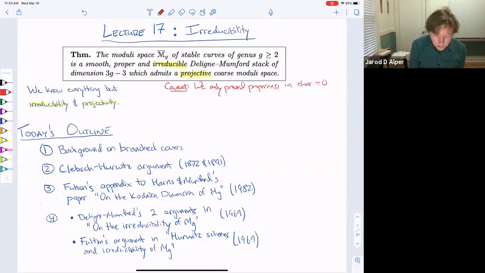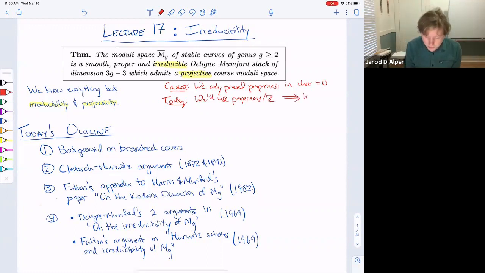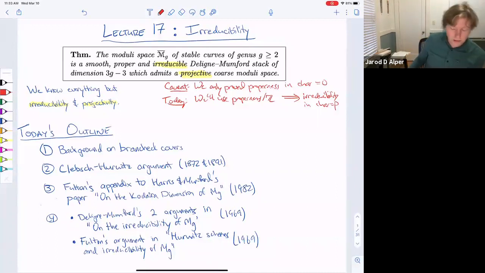So today, one of the ideas is we'll use properness actually over Z to imply irreducibility in characteristic P. But okay, today's goal is to cover irreducibility, and let me just summarize the overall outline of today's lecture. There are 4 parts, and we're going to begin with a summary and